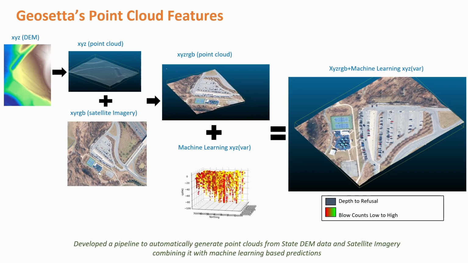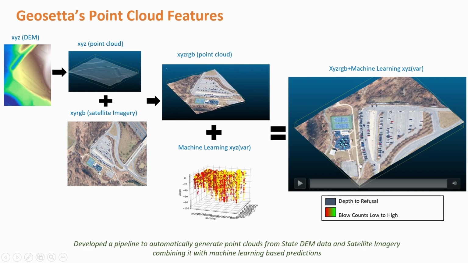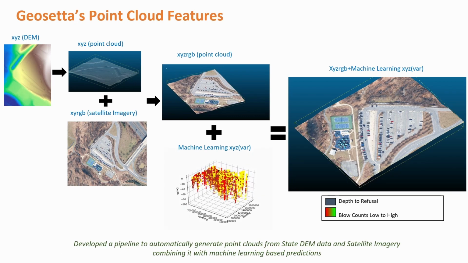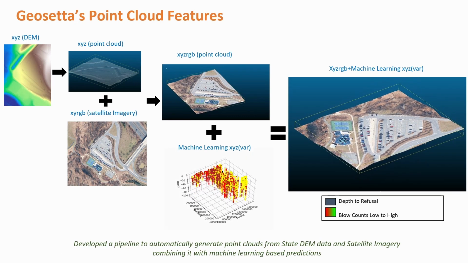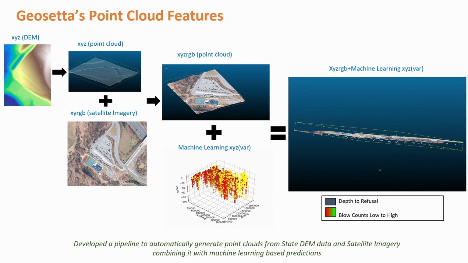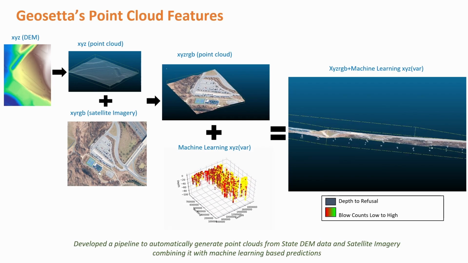Now, some visualization tools offered by the application. Geosetta developed a pipeline to automatically generate point clouds from state digital elevation data and satellite imagery, combining it with machine learning to produce point clouds that include topography, site features from satellite imagery, but also subsurface condition predictions using the machine learning component. So here we're showing an example point cloud of a particular site that will show,